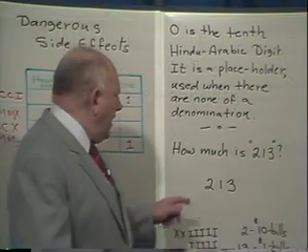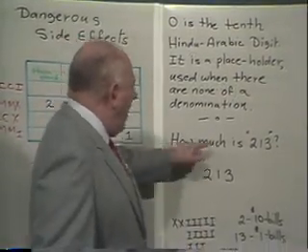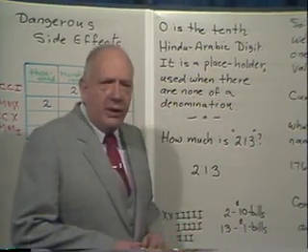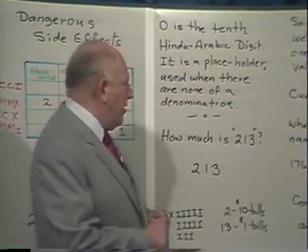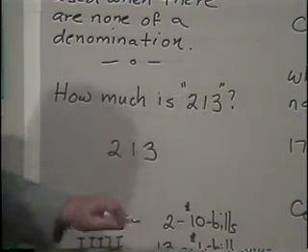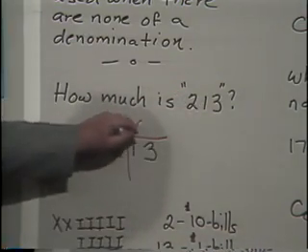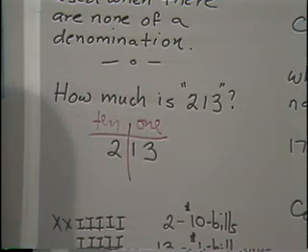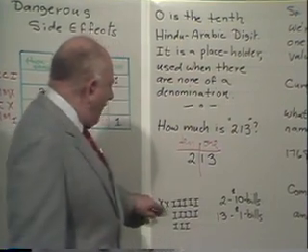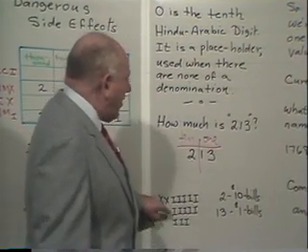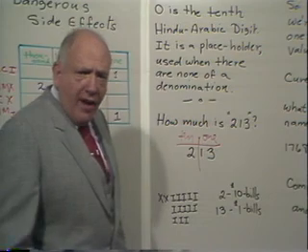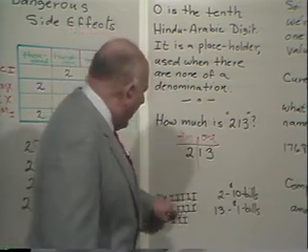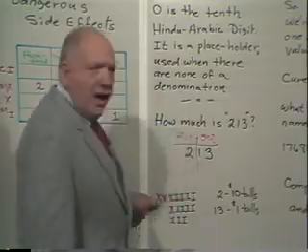Let me show you an even worse problem over here. How much is this number here? I put it in quotation marks on purpose to make a point. This number looks like 213. But how do you know it wasn't 2 10s and 13 1s? For example, in Roman numerals, if I wanted to, could I write 2 X's and 13 1s? Sure I could, but I didn't have to. I could trade in 10 1s for an X if I felt like it.